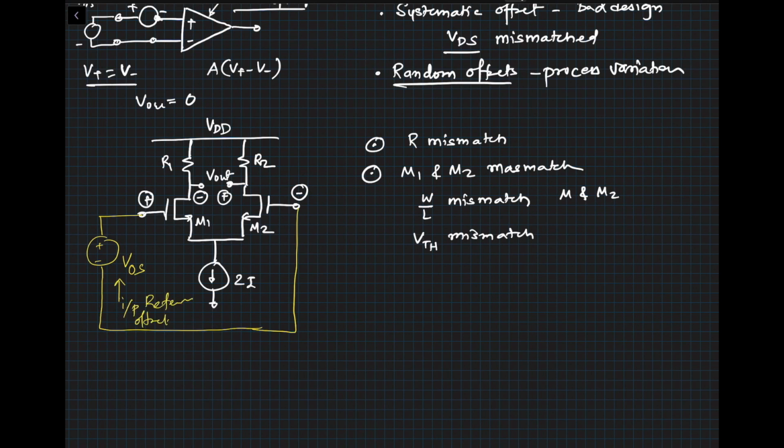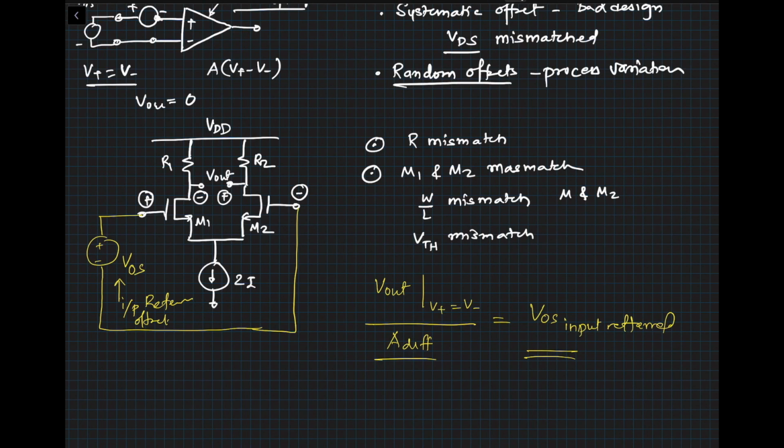The way to calculate it would be, first of all, you connect the two inputs to the same voltage such that everything is in saturation, and you measure your V out, with V plus equal to V minus. You measure your differential output voltage, and you divide that by the differential gain, and that would give you VOS, input referred. Then if I apply an equal and opposite voltage of VOS, you're nulling out the output to give you V out equal to 0. So this is the definition of input referred offset voltage.